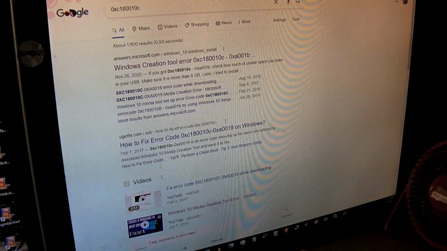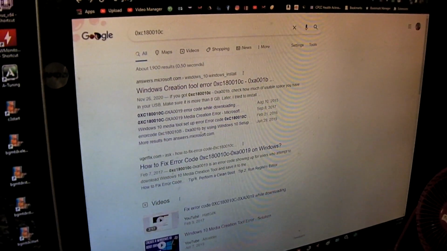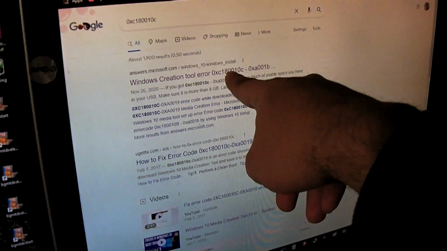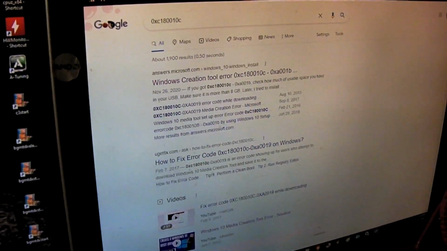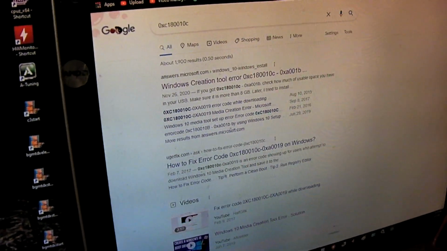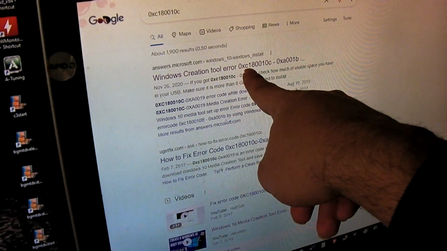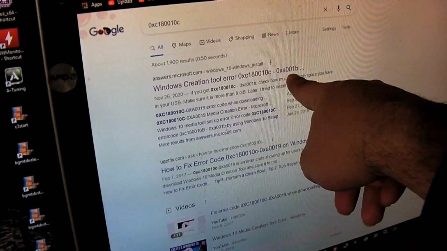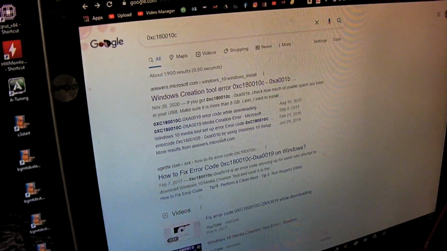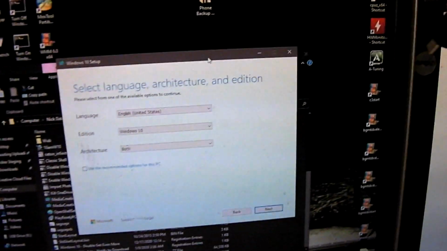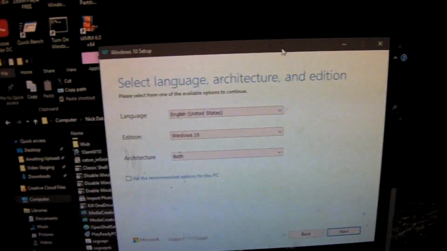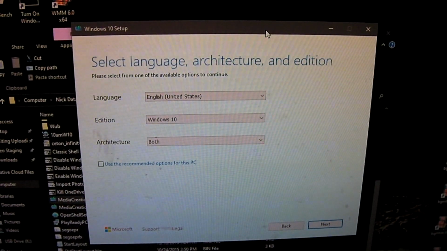Hey everybody. So have you tried to create a Windows 10 installation USB stick and ended up with this error message? It'll say something has gone wrong, more or less, and gives you this error code, 0xc180010c-0xa001b or something similar to that. The thing is, if you've ever gotten that and your USB stick happens to be 8 gigabytes, that could be the reason why. See, the thing is, I've always used